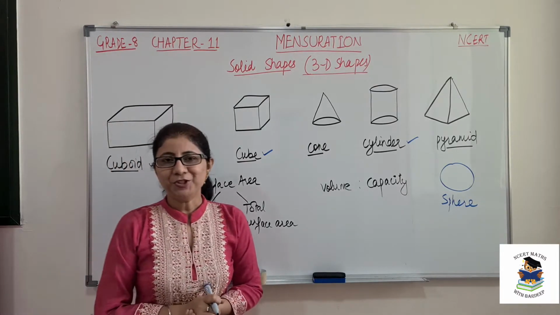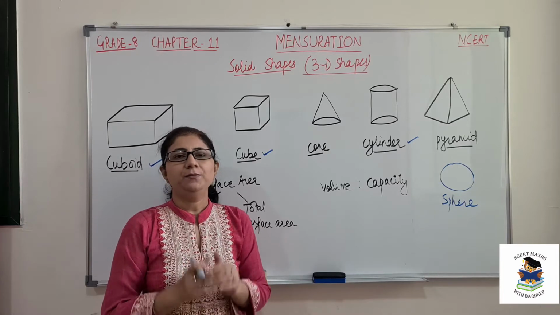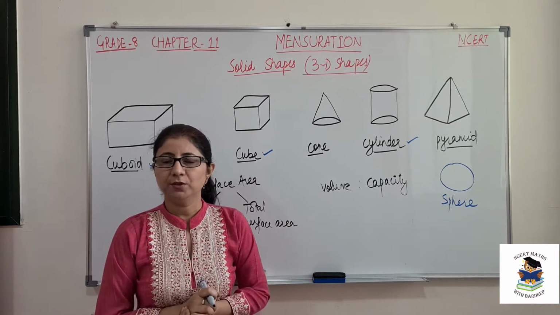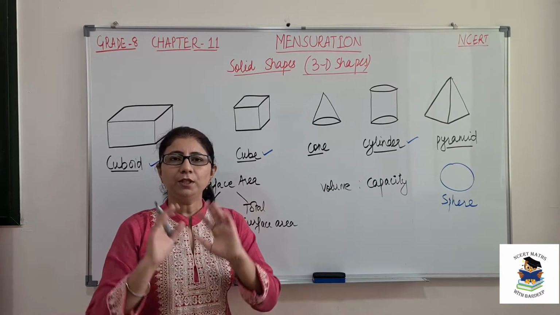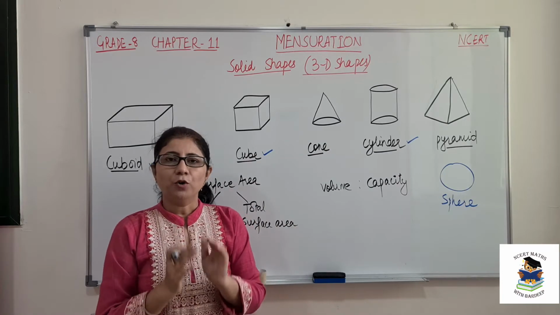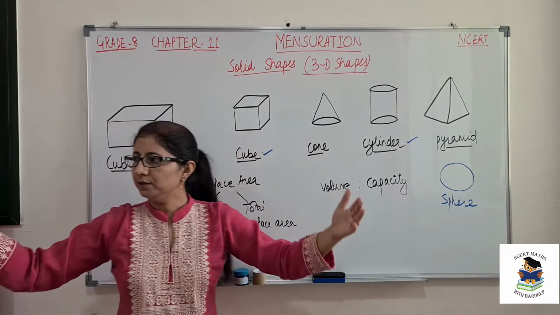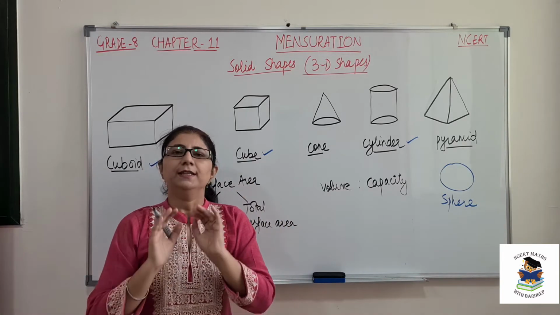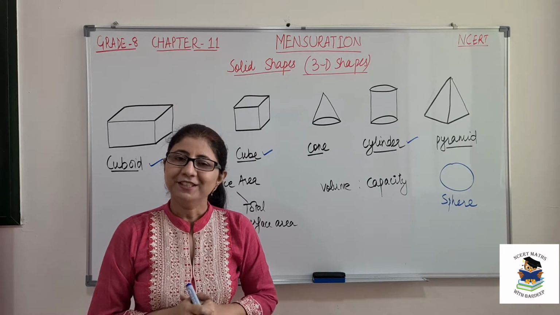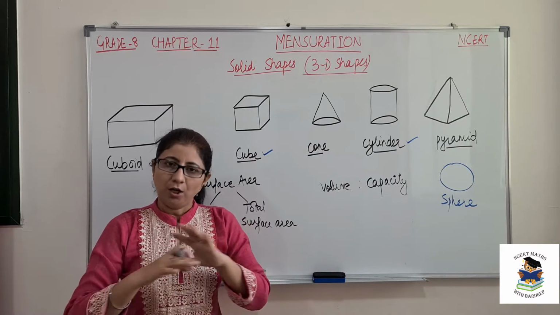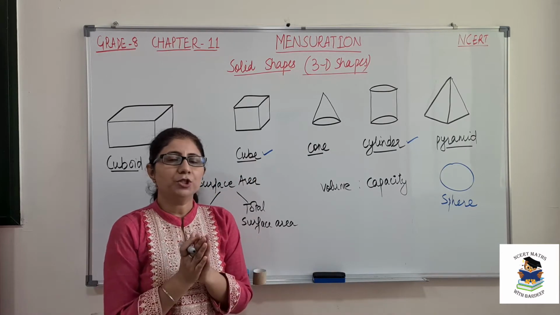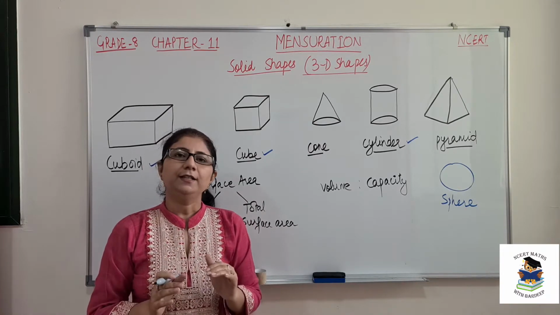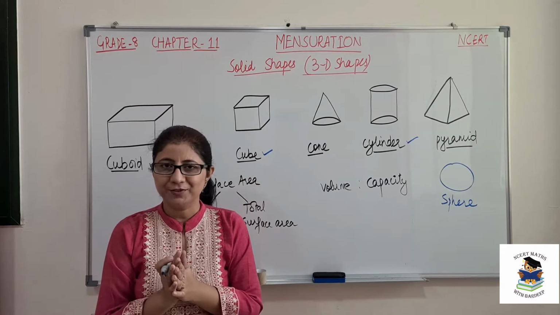So what is the application of lateral surface area? Sometimes in your examination a question will come that suppose this room is to be painted. So painting is to be done only on the walls of the room. Wall means 4 sides: 1, 2, 3 and 4. So when we are considering only walls, that is to be calculated under lateral surface area. Sometimes a question will come that we want to make one cuboid, what is the total material required? In that case, we have to find the total surface area.